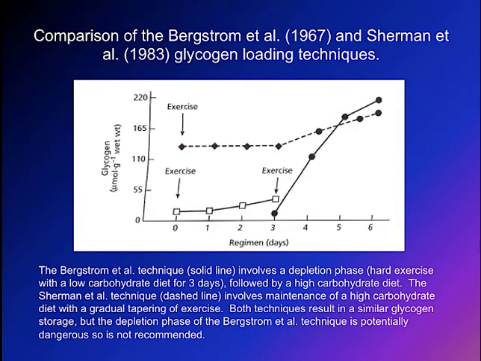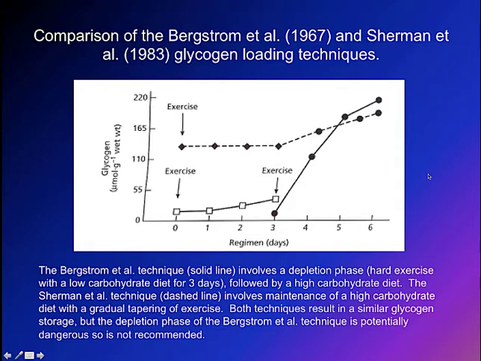There are some glycogen loading techniques. Glycogen loading is something that's practiced by athletes who are very worried about running out of carbohydrate. The original method of glycogen loading was developed by Bergstrom, which required that you exercise with almost no carbohydrate intake at all. The idea was to deplete your muscles of carbohydrate as much as you possibly could. And then you would rest, that is, you would follow a regimen where you wouldn't use up any carbohydrate in your muscles at the same time that you had a very high carbohydrate diet. And that was supposed to somehow make your muscles behave like sponges